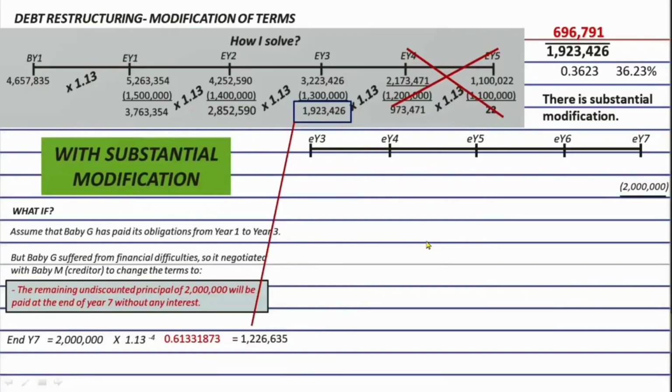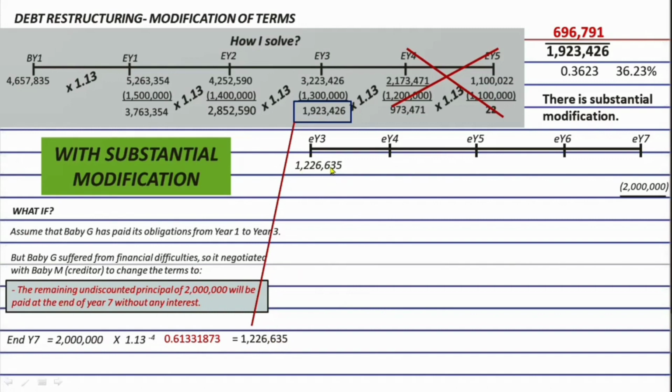So, let's go back. And since we concluded already that there is a substantial modification because the answer here is more than 10%, then the effect is the old liability balance, which is this one, will now be cancelled. And we are going to change the balance of BBG's loans payable to this present value of the new payment, which is